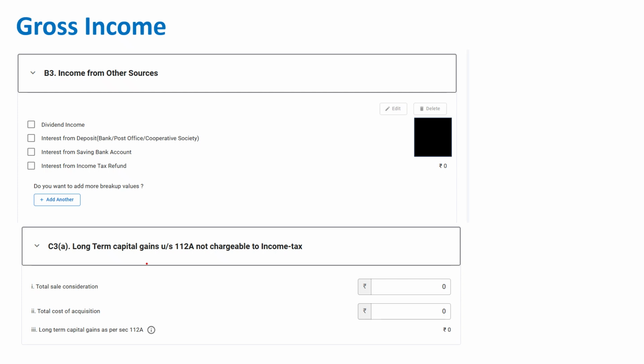Now, one thing you need to keep in mind, if you have loss, not capital gain, then again, you can't file in ITR 1. Any loss has to be carried forward, and that has to be reported in ITR 2. So many people, they don't understand this. They fill ITR 1 and they get stuck when they fill short-term gain or long-term loss. So be careful here. Only long-term gain to the extent of 1.25 lakhs can be reported here. Even income more than 1.25 lakhs, you need to file ITR 2.